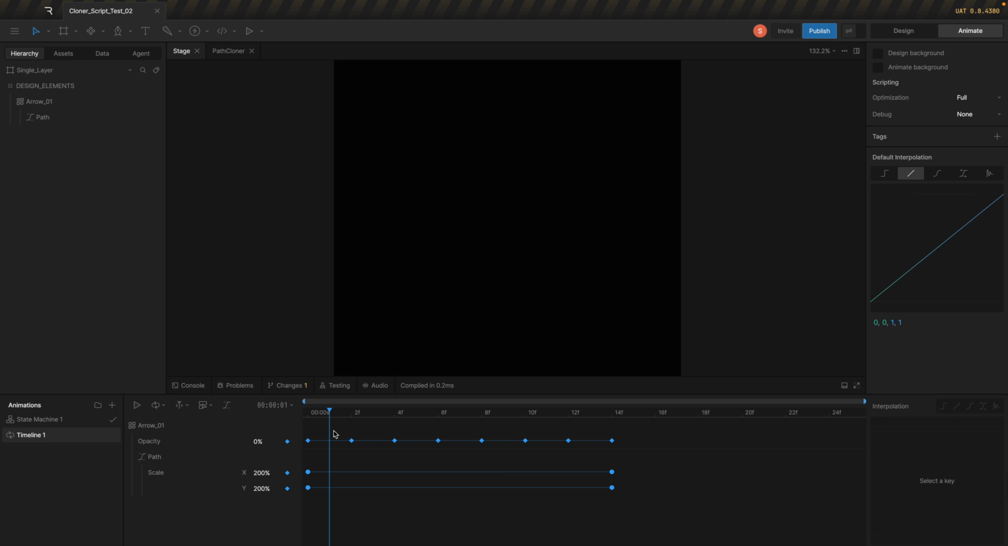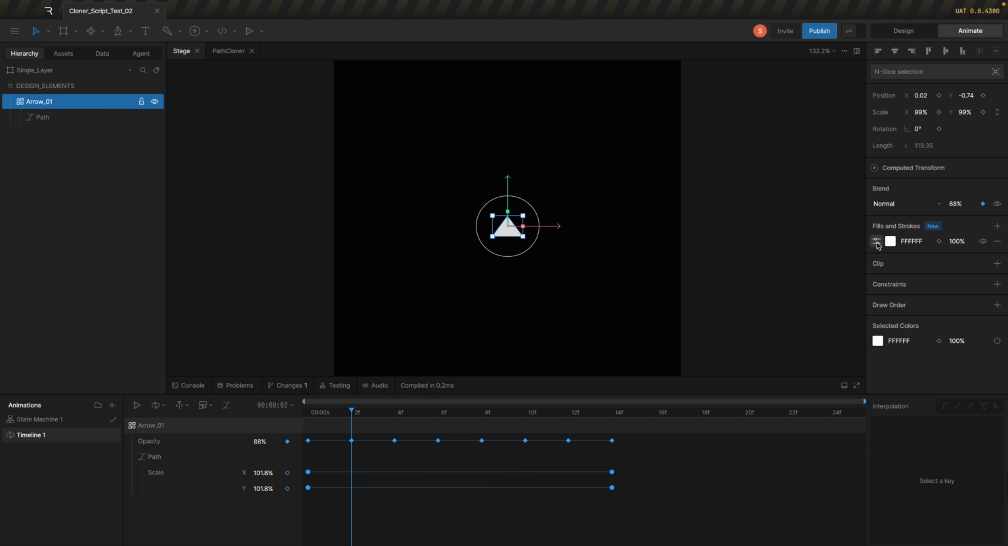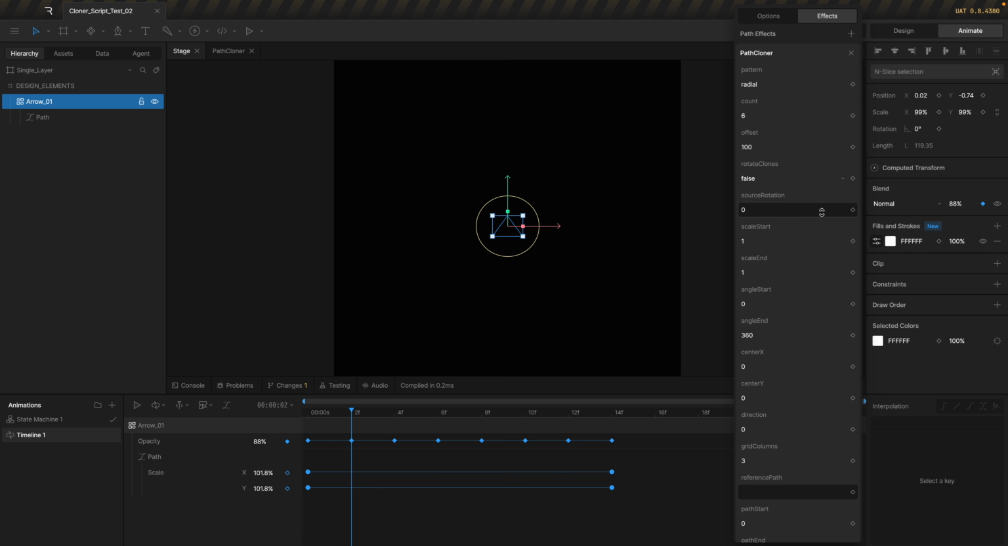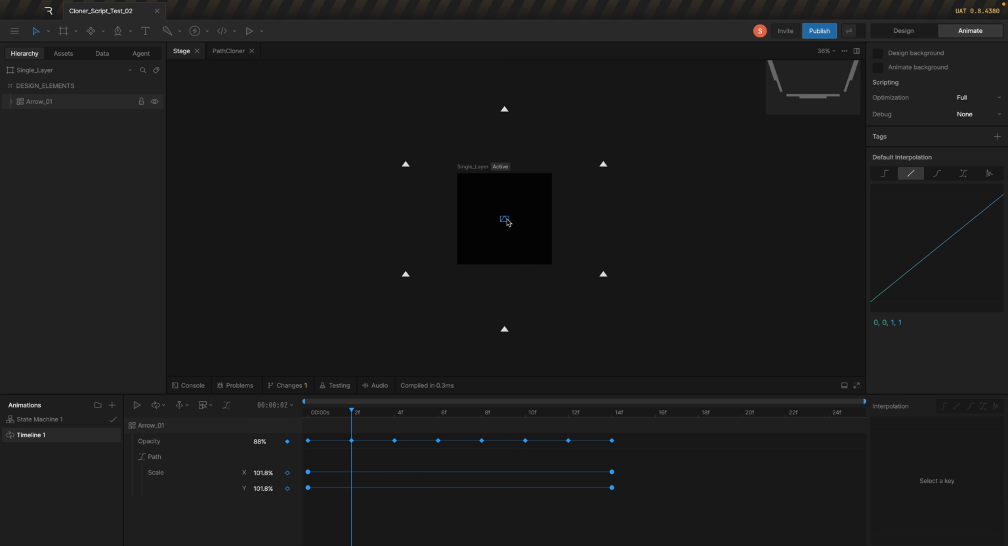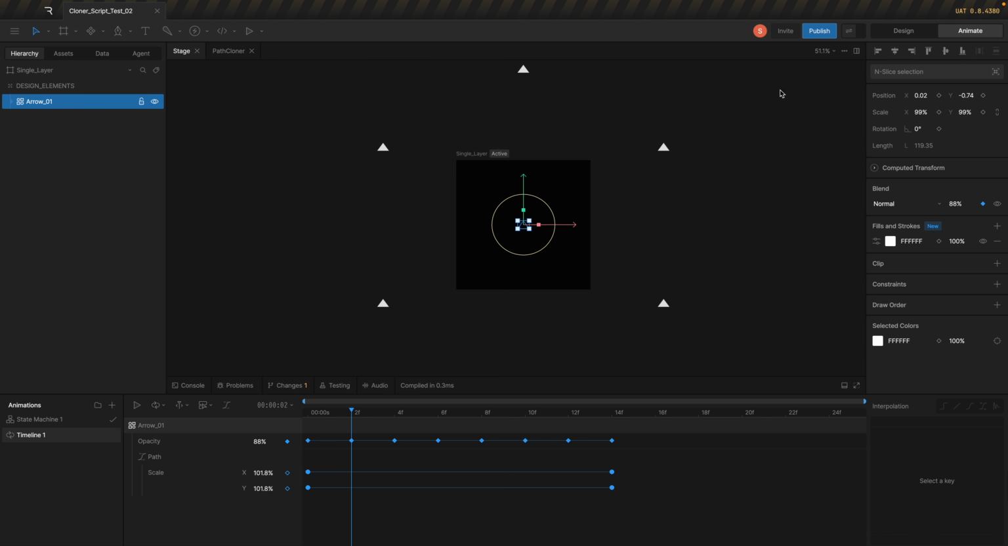So I have a very simple triangle shape, and I'm applying some opacity and scale keyframes on it. And now I'm gonna add our cloner script and see how it works. So I click on that. I have the clone is working. The offset might not be right, so we can go back